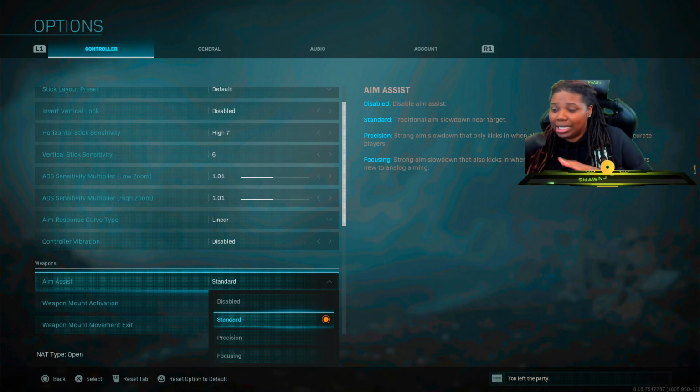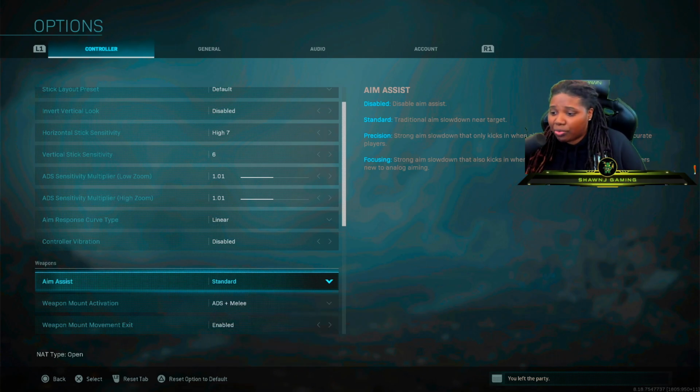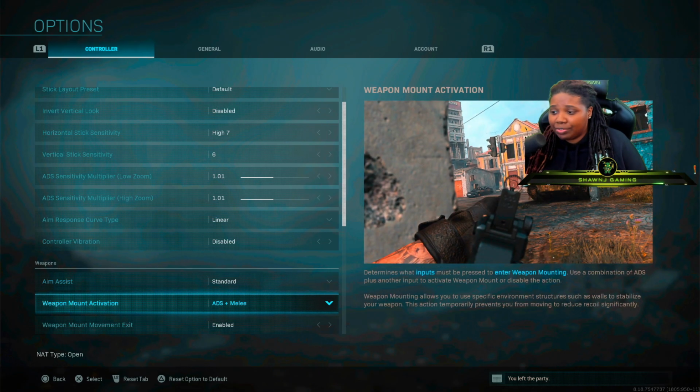Standard aim assist, they basically just do all the work for you. So I definitely suggest if you're a beginner, even if you're not a beginner, if you just want a little extra help in the game with some aim assist, play with standard and it's just gonna lock right onto people for you. My weapon mount activation is my ADS plus melee,